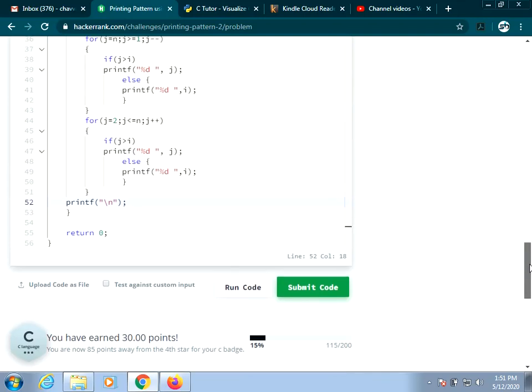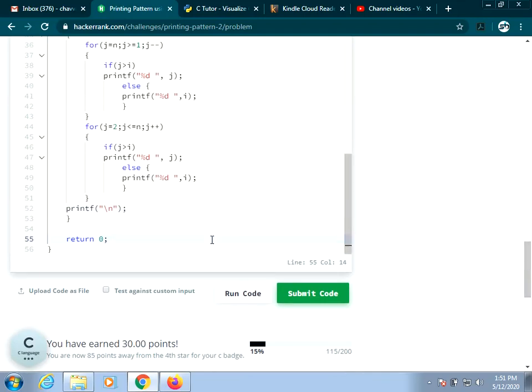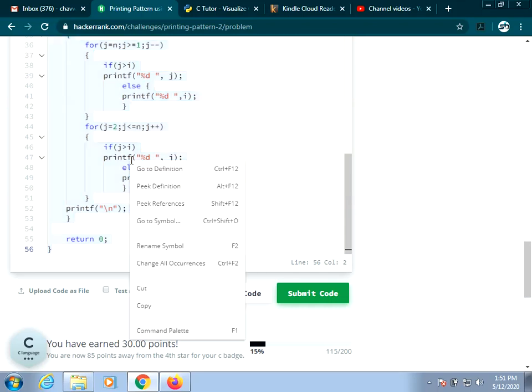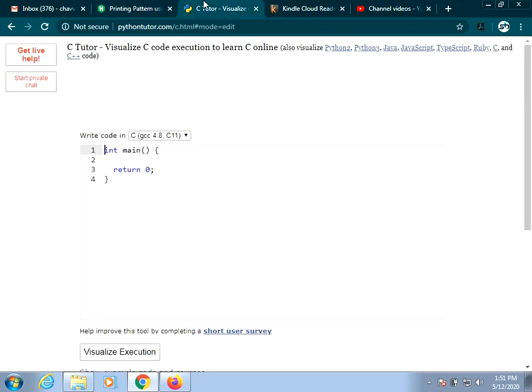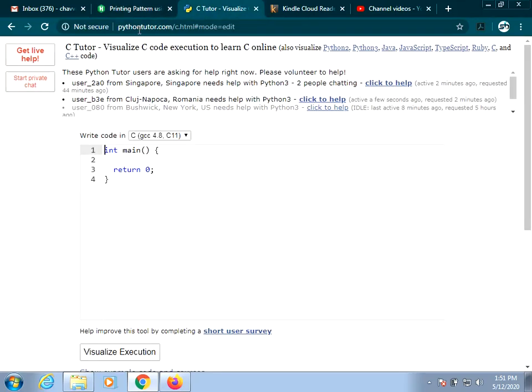So to understand this code, let's take this code and trace it. I will copy the complete code and go to a website called CTutor. In this we have something called Python Tutor. In this Python Tutor website we can basically visualize any code you are writing.